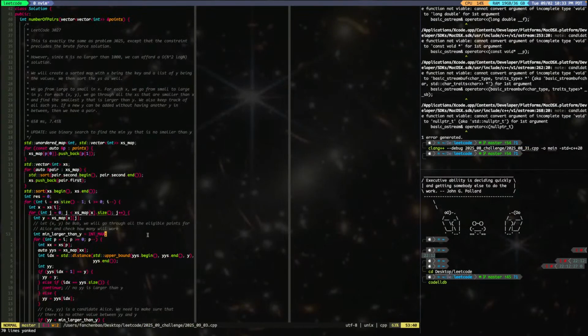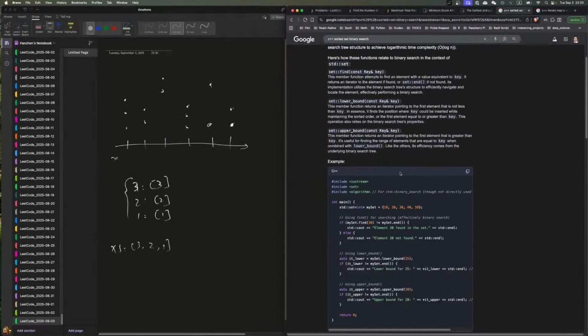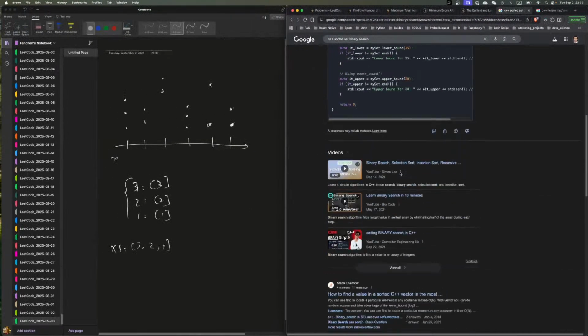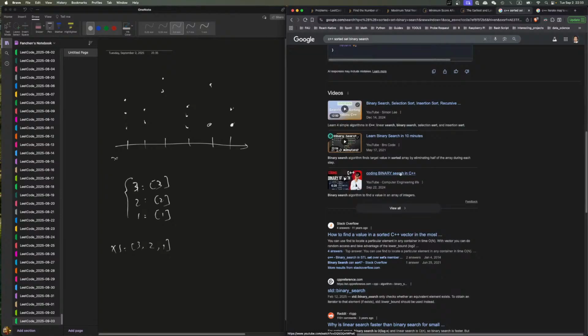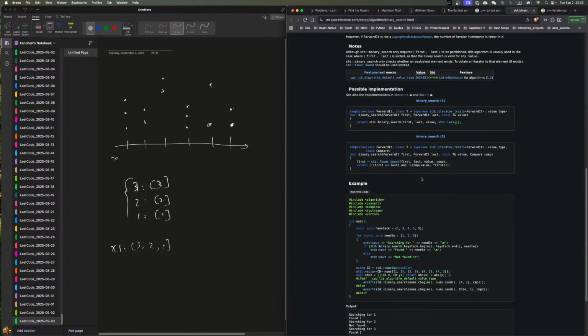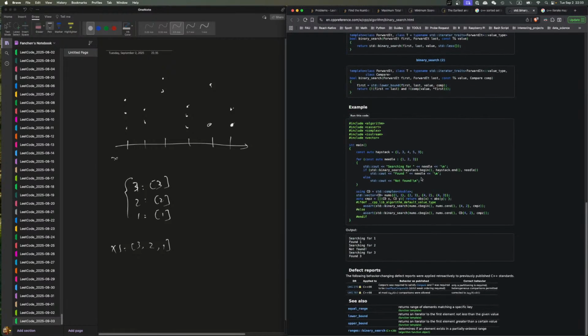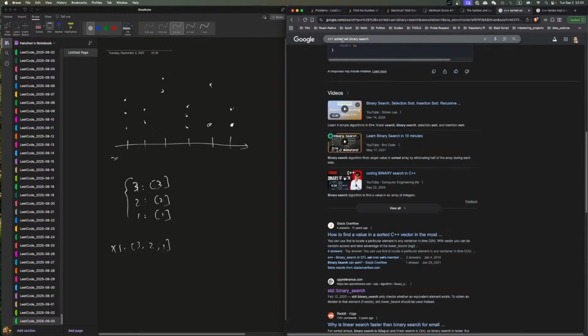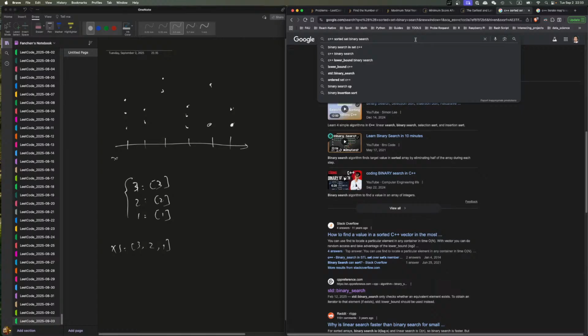God, Lord. Wait, hold on a second. Really? How do we call upper bound and lower bound? I don't remember, man. I don't remember. Yeah, first, last. Oh, hold on. Upper bound, lower bound. Upper bound,